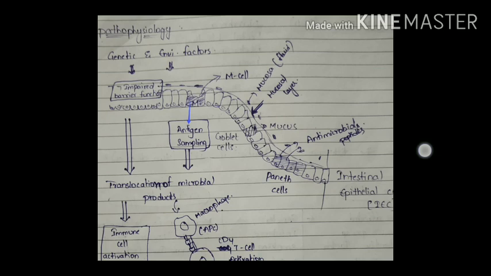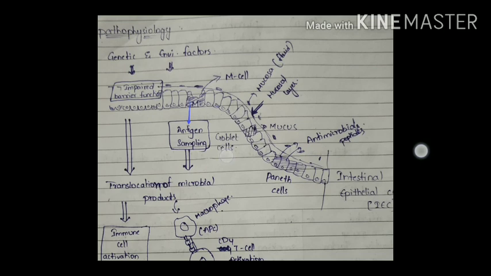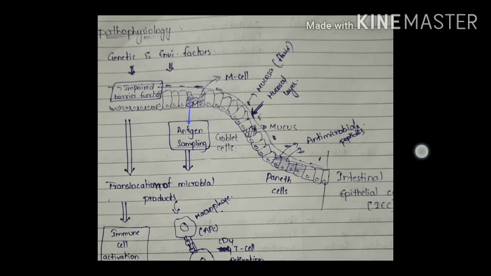If we see the Paneth cells, they secrete antimicrobial peptides, which keep the microbes in the intestine. Here we can also see the goblet cells, which produce and secrete the mucus. We already know that where there is a mucosal layer, there will definitely be goblet cells for the secretion of mucus. Next, we observe that there are some genetic and environmental factors which predispose to IBD.